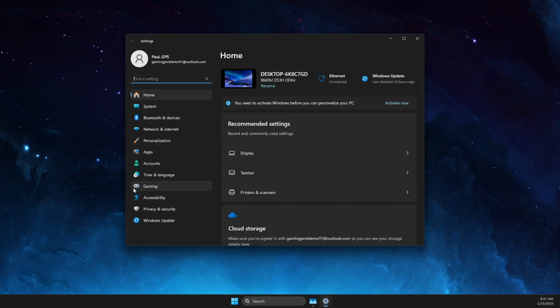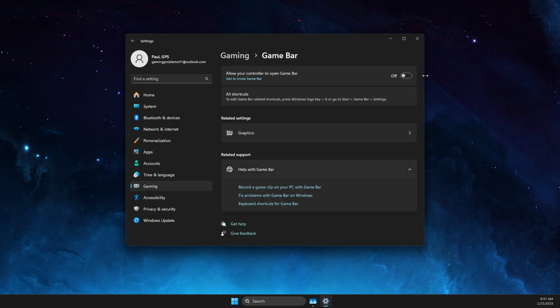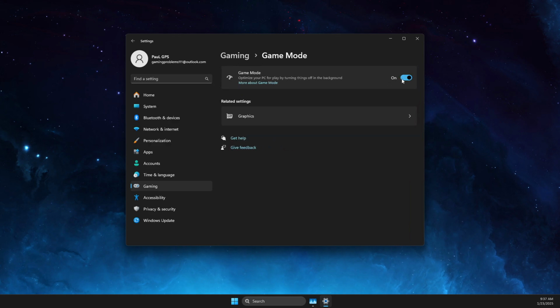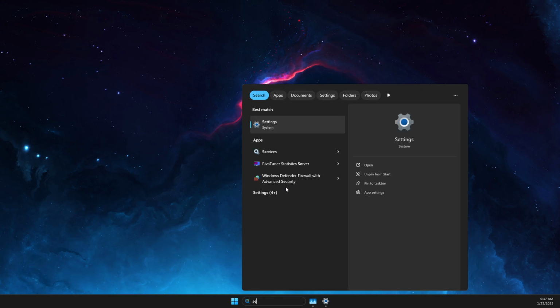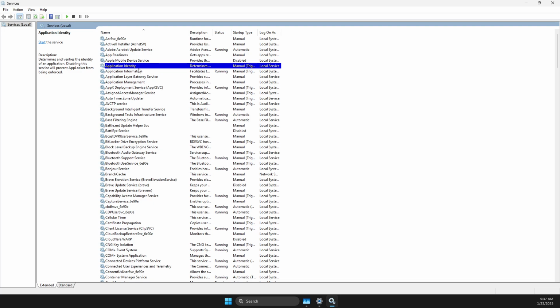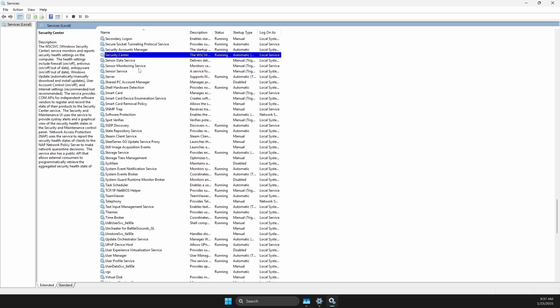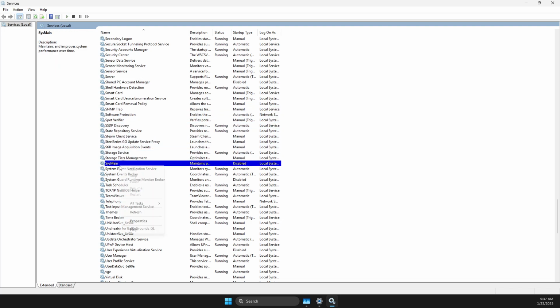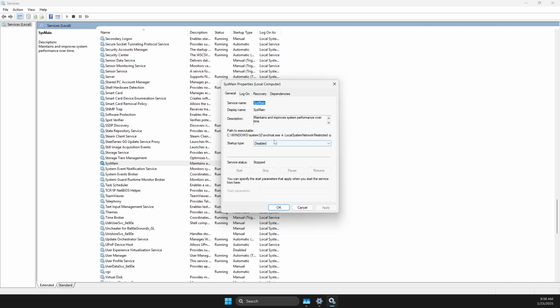Then you need to go to gaming, go to game bar, and make sure this option is turned off. Then go to game mode and make sure game mode is on. Then go to search, go to services, click on one of the tasks here and press S until you see SysMain. So right click on it, press stop, then go to properties, and then startup type, make sure